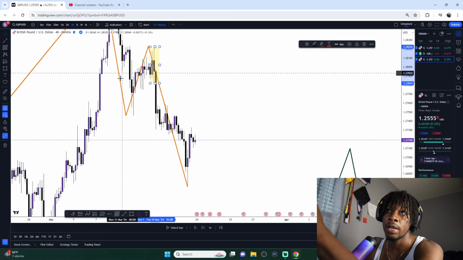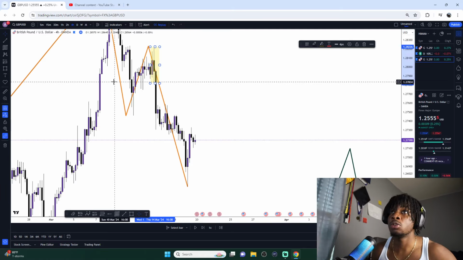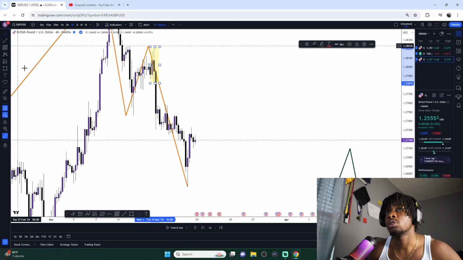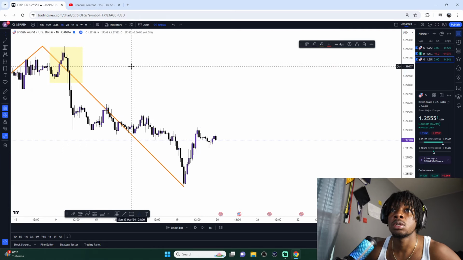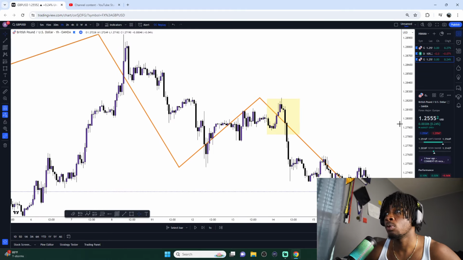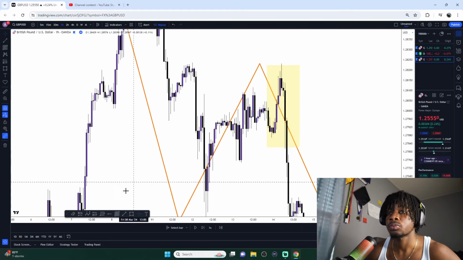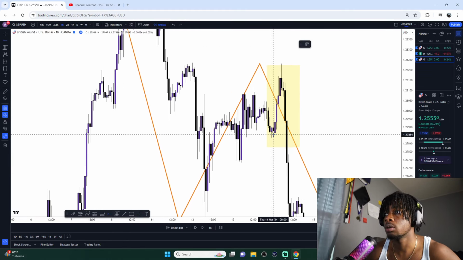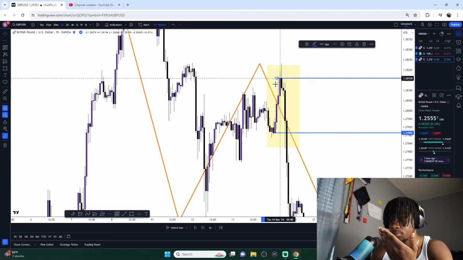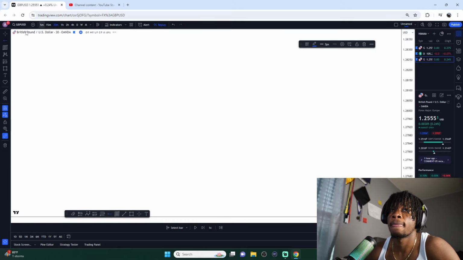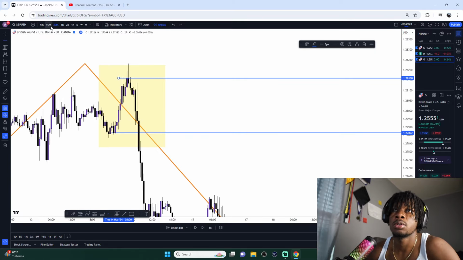Once you get the science behind the graph down, then you can get the science behind the actual banks and what that actually means, and so on and so forth. So now we're gonna go to the lower time frames, and we're gonna see this candle at a more condensed state. So pretty much this candle's from right here all the way to the top right here, right? So now, since we know this,